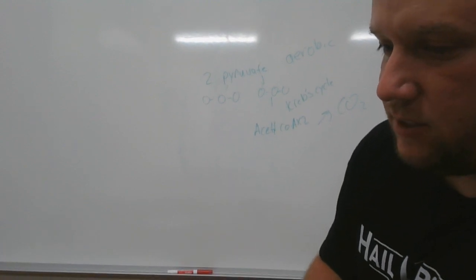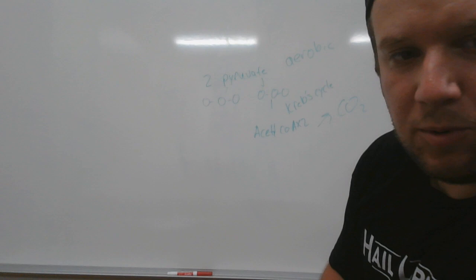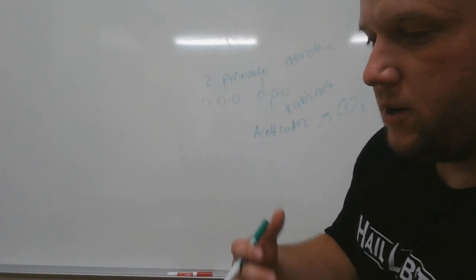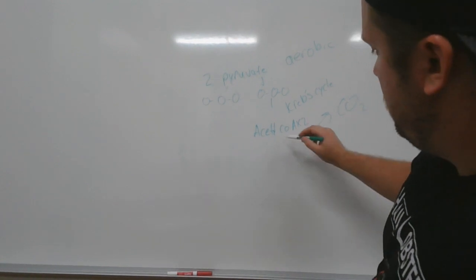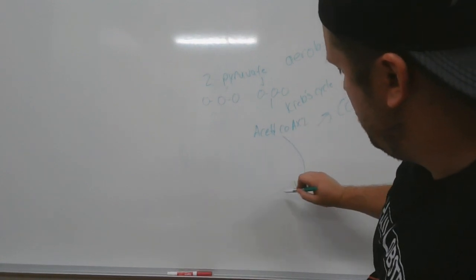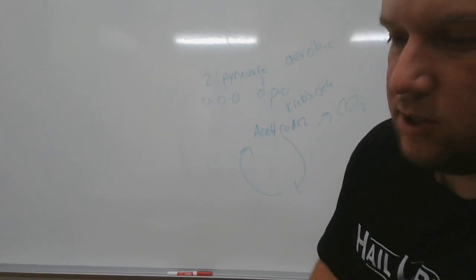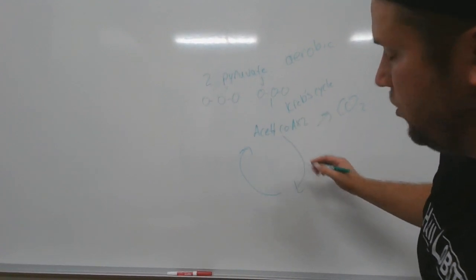That's a waste gas, and that's why it's important to breathe, because you have all these waste gases, and if you're not getting rid of those, you're going to have difficulty with performance. Acetyl-CoA then undergoes transformation here. There will be more details about what specifically happens in the cycle, but for one turn of the Krebs cycle,